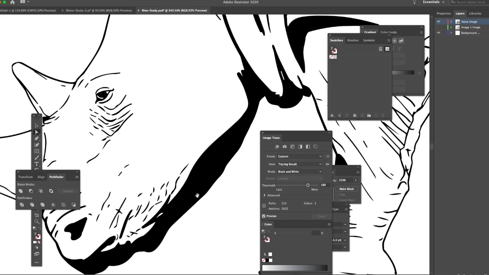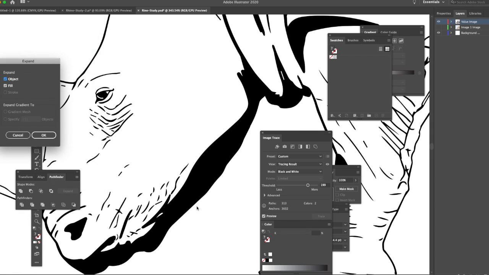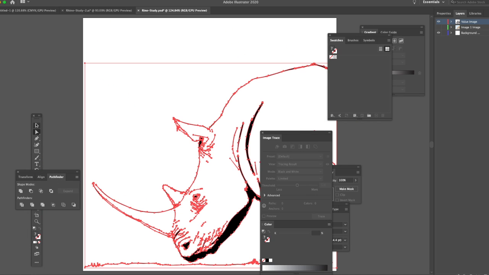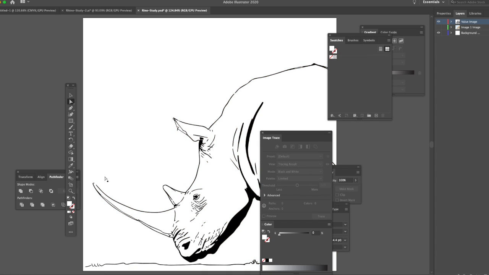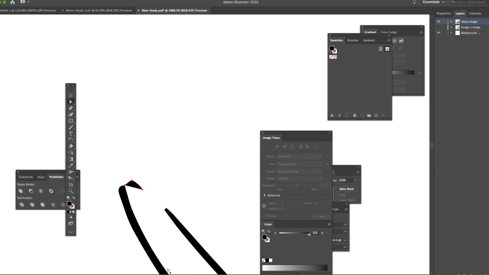And now I'm going to go Object, Expand. And I've expanded it because what I'm going to eventually want to do is get rid of that white. So I'm going to use my Direct Selection tool, select the white areas, and hit delete. Now I do see that I need to come back here and fix this, or join up this side of the